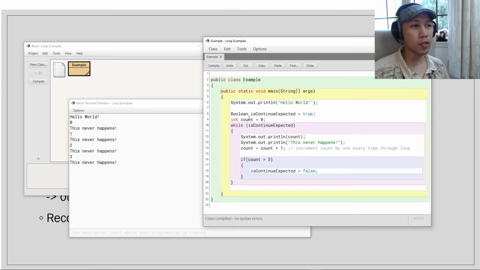Right now the count is 0. And then we print "this never happens." And then we increment the count by 1, and we check to see if the count is greater than 3 just yet. It's not greater than 3, so this statement is not executed. It repeats up here again, isContinueExpected is still true, but now the count is increased by 1, so